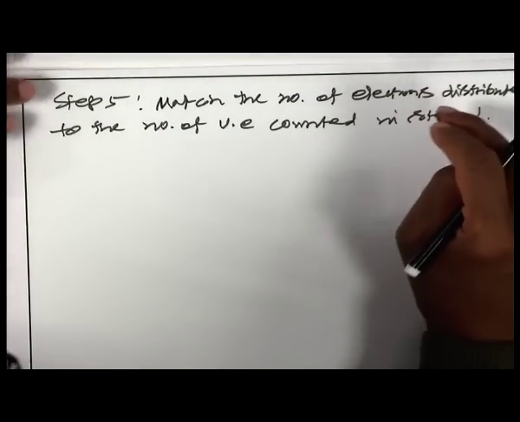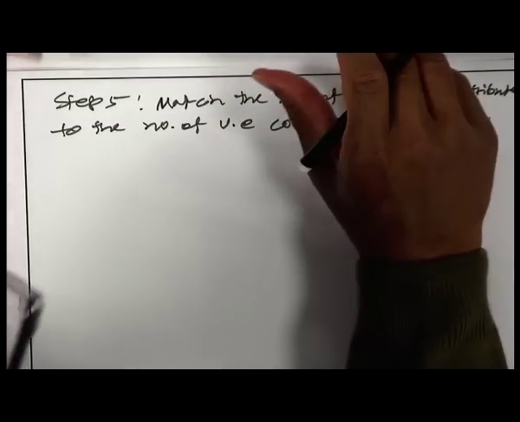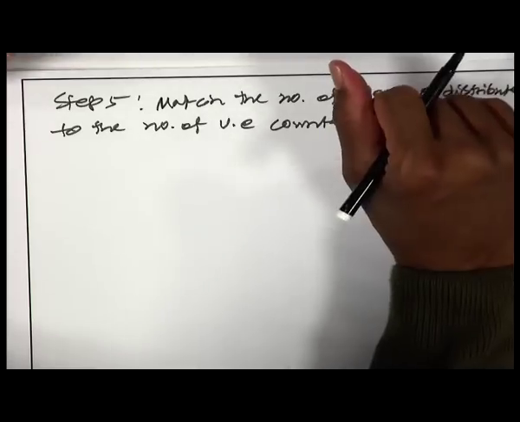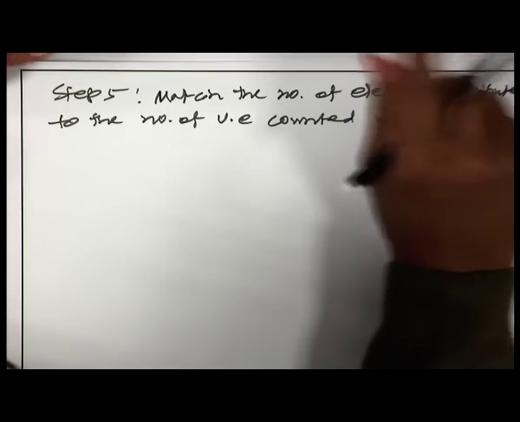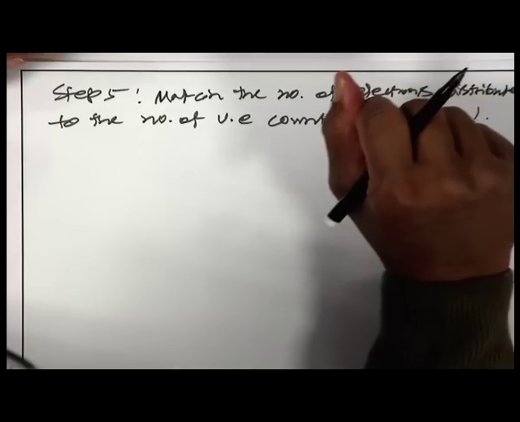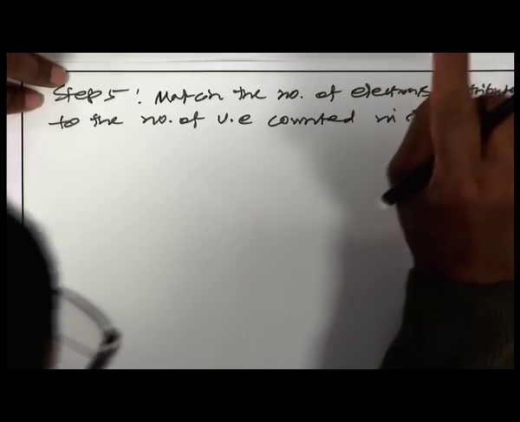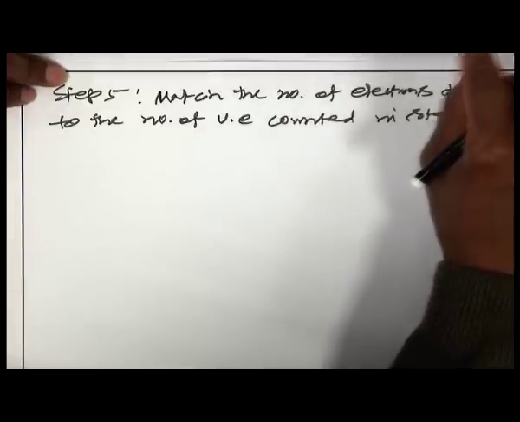It should match with that, because you calculated the number of valence electrons first, and those electrons were distributed now. After distribution, the number of electrons should be the same as what is counted. You have distributed the electrons in such a way that each atom has 8 electrons. Suppose there are more electrons present, the leftover electrons should be given to the central atom.